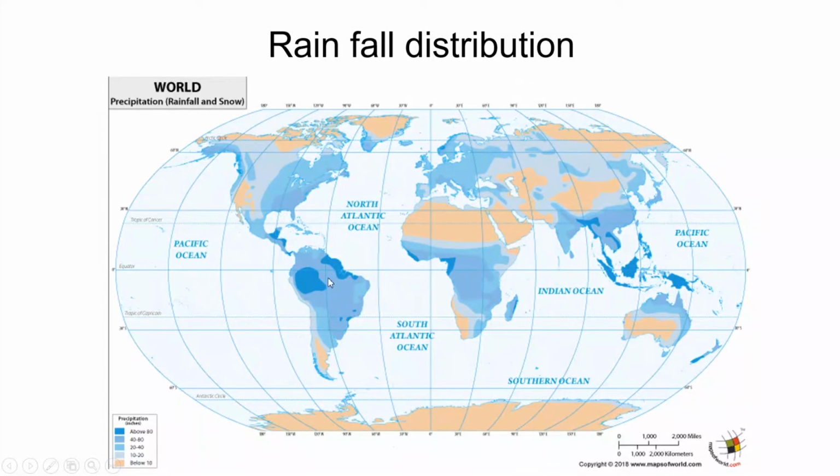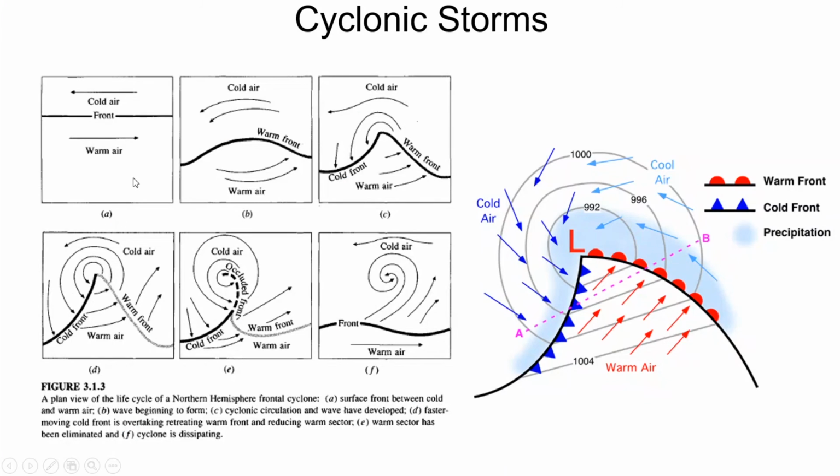So, in some places like Congo, etc., in Africa, it will also go through the Amazon rainforest in Brazil. So you can see that this deep blue color indicates it is along the equator. Okay, so this is the high rainfall region. So what happens when the air flows over the surface?